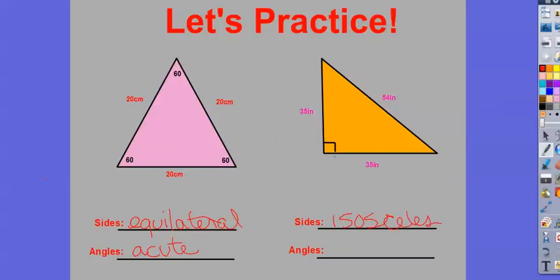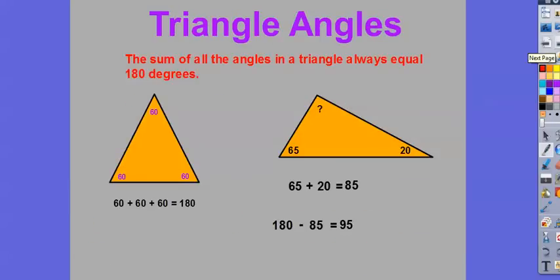But I see that little box. That little box tells me right away, without anything else, ding, ding, ding, it's a 90-degree angle. So that is an isosceles right triangle. So I'm going to leave these last two up for you. I'd like you guys to